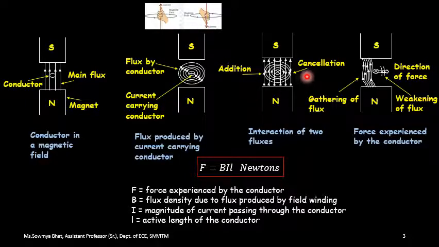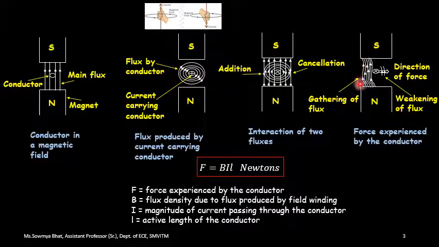So obviously when the flux is getting distorted, obviously the lines of forces are nothing but flux. So now whenever you are not having a flux line which is parallel in nature, obviously it is distorted. So there is some pressure or there is some force which is acting upon the current carrying conductor. So that particular direction of the force, we are going to determine it by making use of Fleming's left hand